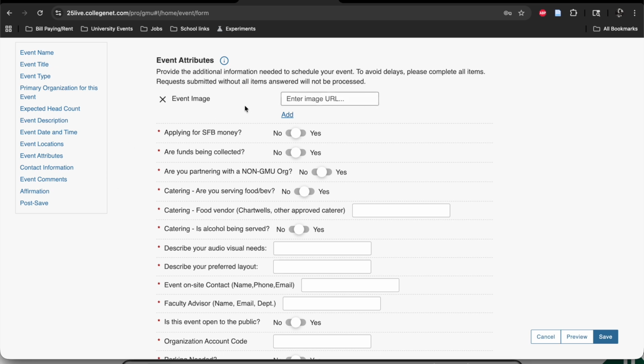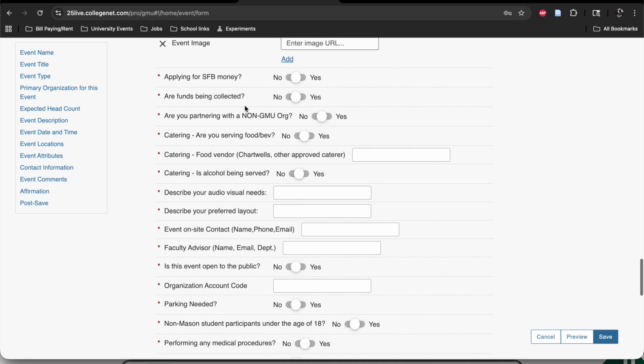This is the most important part of your event request. Please make sure that you're as descriptive as possible for your event attributes. Here are the many types of event attributes that will come with your event. Are you applying for SFB money? Do you plan to have funds being collected? Do you plan to have food or catering? Make sure that you select one of these for each one so you can be as descriptive and detailed as possible. Say for this instance, our event plans to have SFB funding and catering,